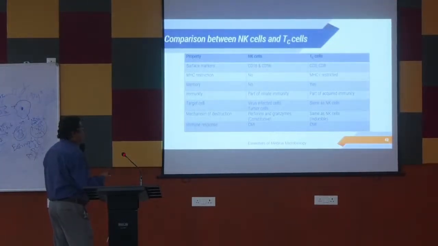NK সেলের গায়ে এক্সপ্রেসড হয় হচ্ছে এটা CD16 আর CD56, আর টি সাইটোটক্সিক সেলের CD3 আর CD8, এটা একটা CD8 সেলেরই একটা স্টেপ ফর্মুলা আর কি। এটার MHC রেস্ট্রিকশন নেই, যে কোনো সেলের এগেনস্টেই কাজ করতে পারে, যে কোনো অ্যান্টিজেনকে ধরতে পারে, কোনো MHC রেস্ট্রিকশন NK সেলের নেই। কিন্তু TC সেল MHC1 রেস্ট্রিক্টেড, আর এর কোনো মেমোরি নেই, TC সেলের আছে।